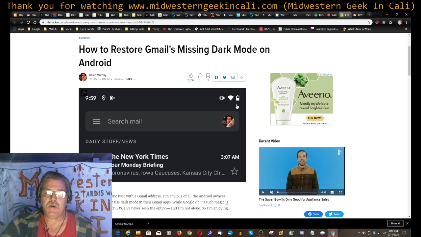Especially on a smartphone, the display uses the most battery out of everything on your phone. So if you take a look at all the white background and the black text, the pixels for the text are turned off basically. They're not using any juice, but the pixels for all this white are turned on.